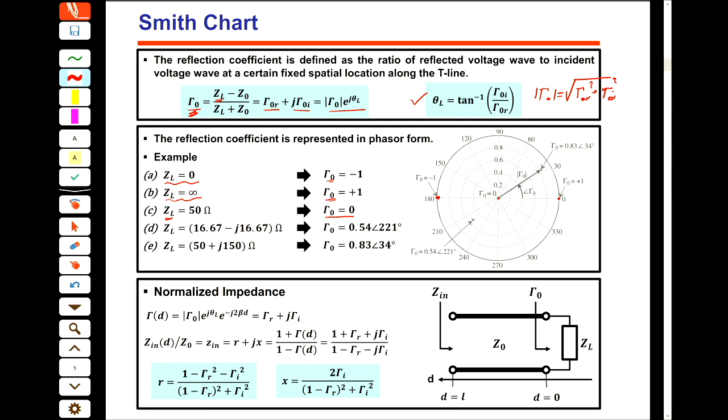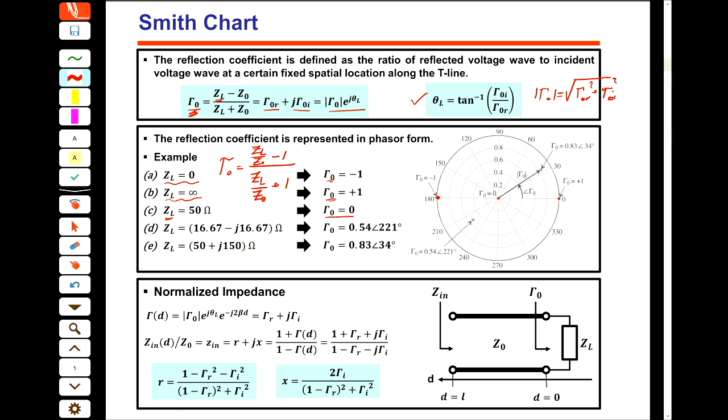So if I normalize the impedance and then change it to the reflection coefficient, I can write down that gamma naught equals the normalized value of ZL divided by Z naught minus 1, over ZL divided by Z naught plus 1. Then any Z has a representation here. So this is what we learned last week.